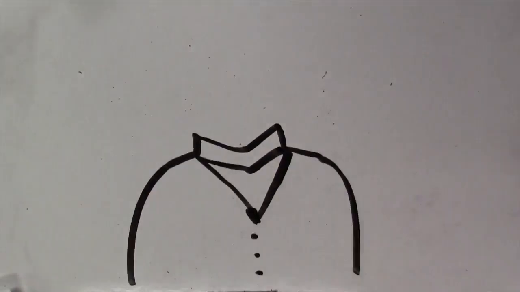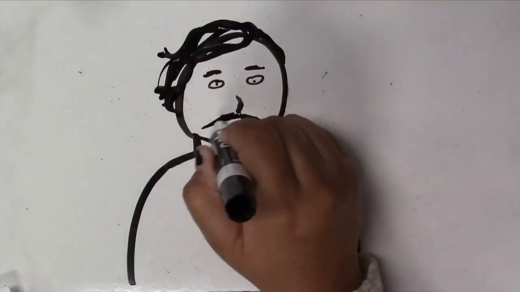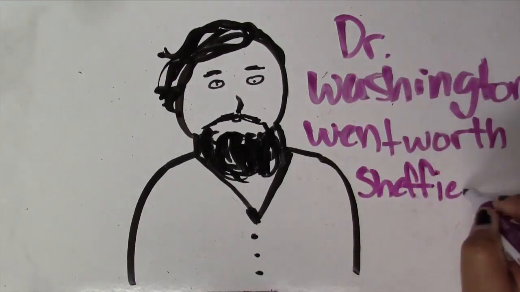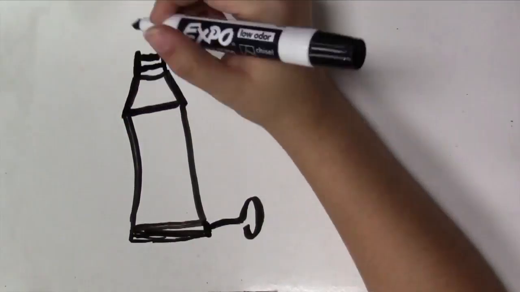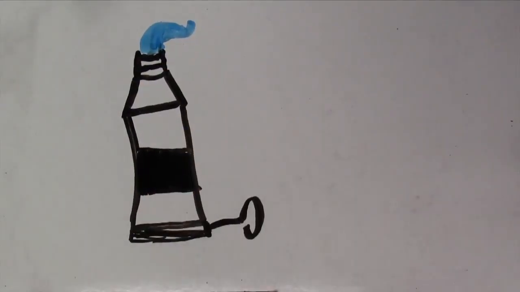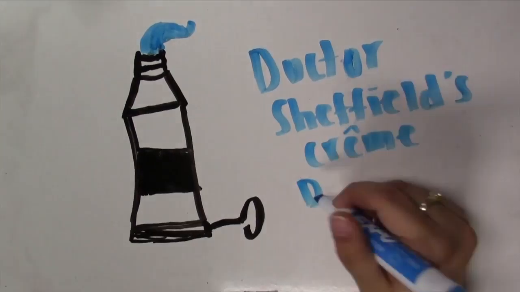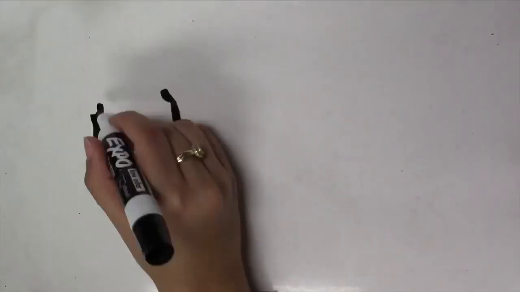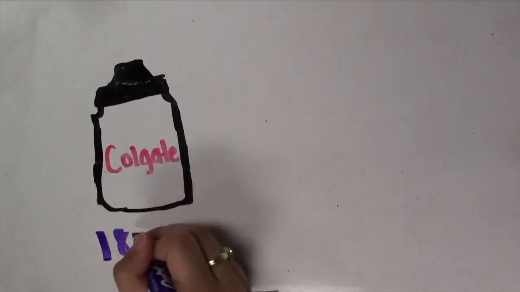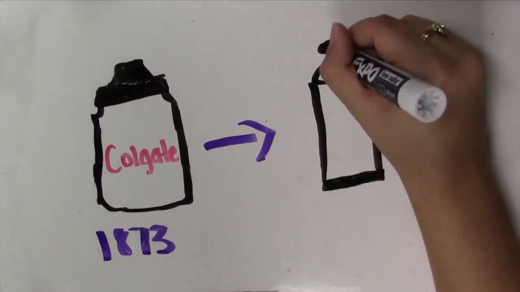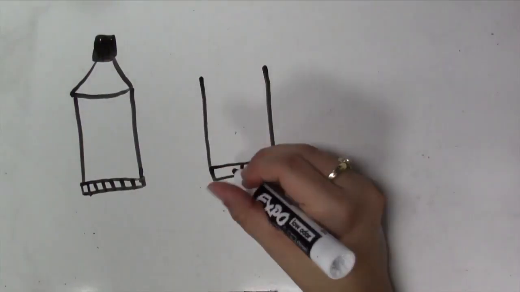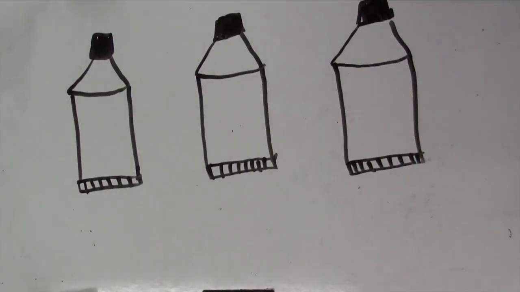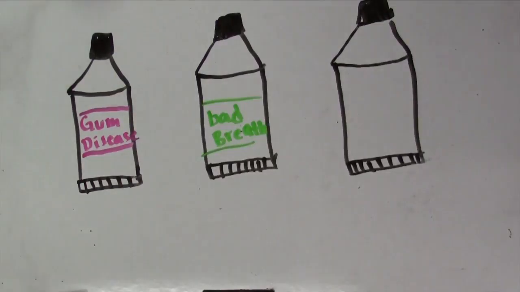Toothpaste was not popular in the United States until a dentist called Dr. Washington Wentworth Sheffield introduced it in the late 1800s. He had his own brand of toothpaste in a tube called Sheffield's Cream Dentifrice, which was very popular during the 1800s and 1900s. Colgate got inspiration from Dr. Wentworth and started the mass production of toothpaste in jars in 1873, but they still weren't as popular as the dentist that introduced it to the U.S. Colgate then also started to put toothpaste in tubes to make it more efficient, and soon became a very popular brand.